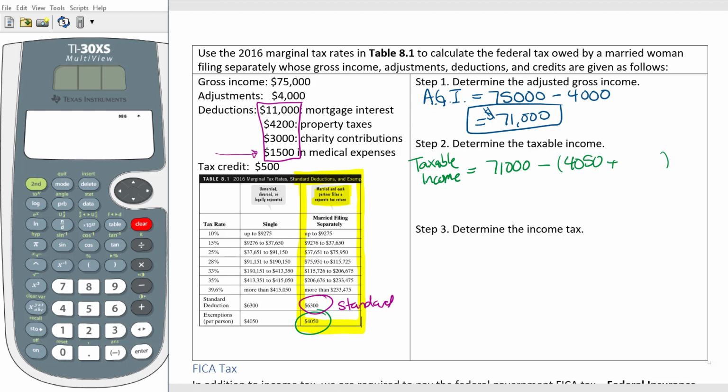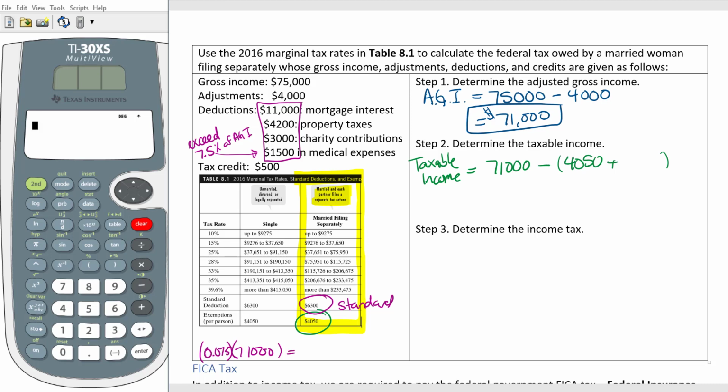Do you remember me telling you about the medical expenses being a little bit trickier? We have to consider if $1,500 is exceeding 7.5% of the adjusted gross income. That's the rule. So if I take the adjusted gross income, which was $71,000, and I'm going to multiply it by 7.5%, which is